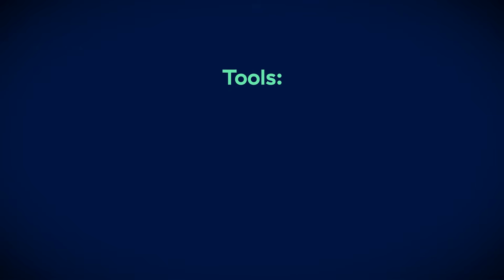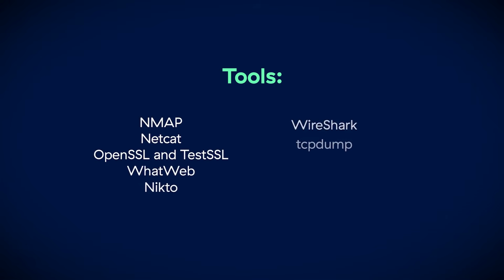Attackers, the adversaries, have a very standard toolkit. They could be using Nmap to find open ports and services. There's the concept of banner grabbing with Netcat. They could be doing some TLS fingerprinting with tools like OpenSSL or Test SSL. I know TLS is a thing, but don't worry. They can be doing some web fingerprinting with tools like WhatWeb and Nikto, and protocol analysis with tools like Wireshark and tcpdump. This is how they identify not that something is there, but exactly what product, what version, and often